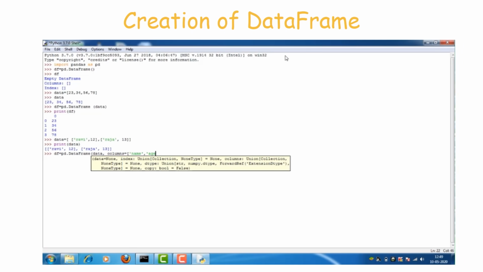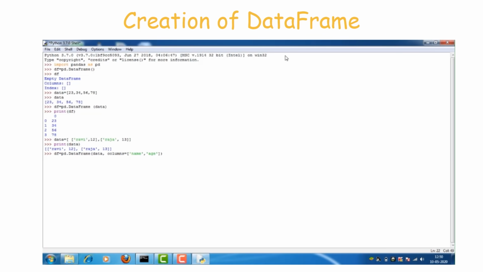In the columns we specify the names of the columns. So now the two arguments will be given. Now close the data frame constructor.